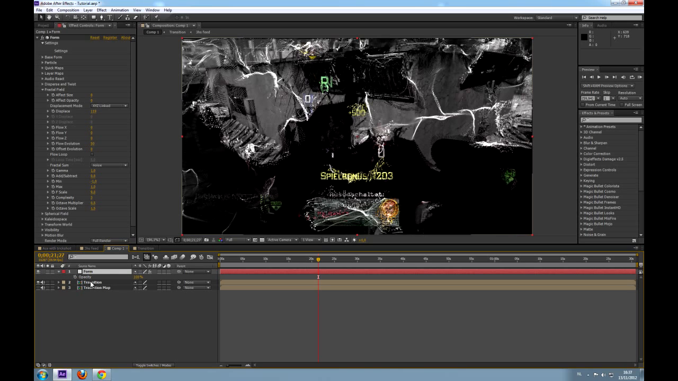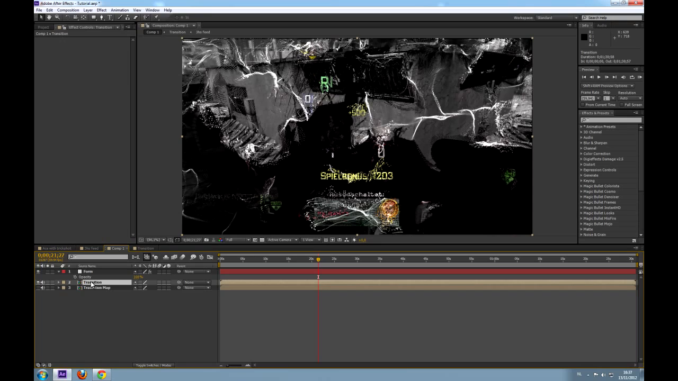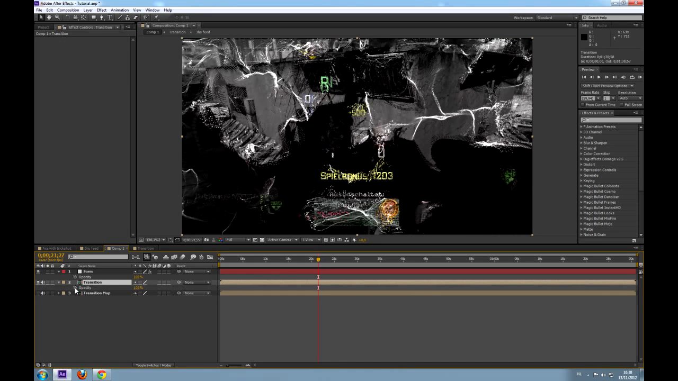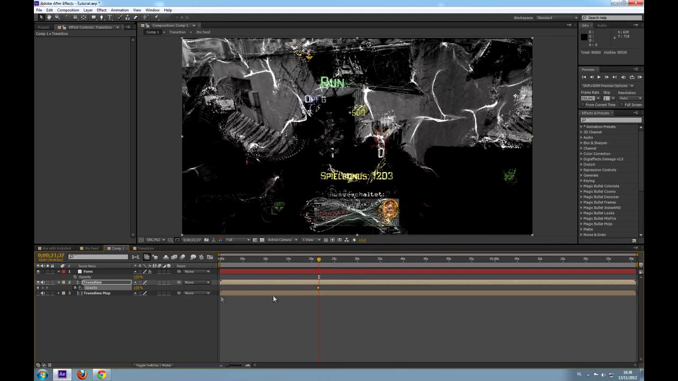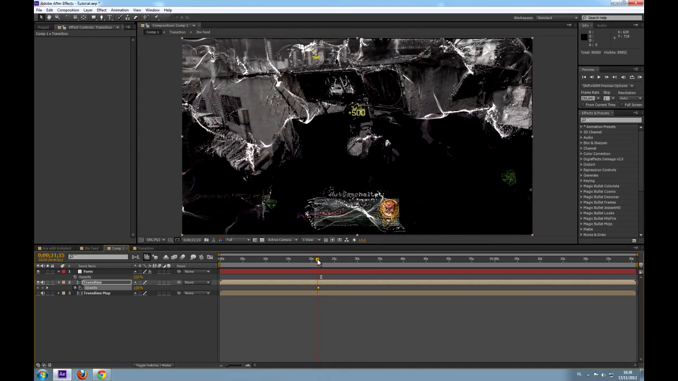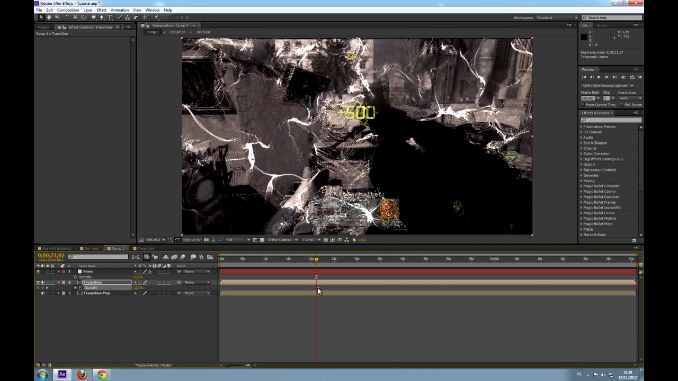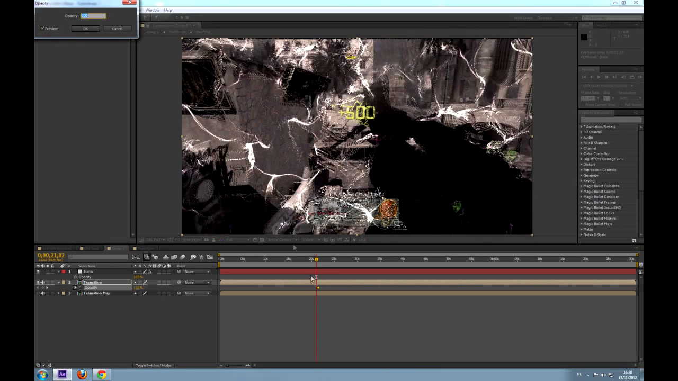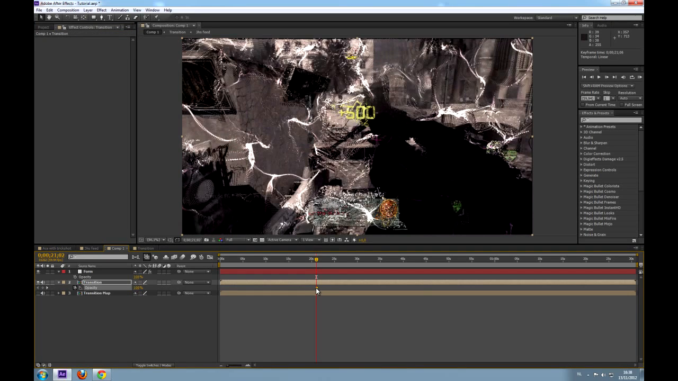Hit T for opacity on both layers. Make it start at 100 and hit Shift Page Down. Wait, I'm starting this one at... The actual transition is at 22, so I'm gonna be starting it at, make it a fairly long one, 21, so a total of 2 seconds for this nice transition should be fine. So in here the opacity